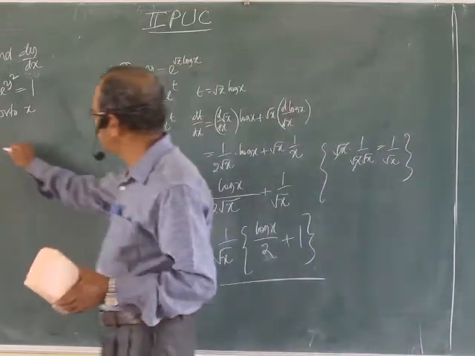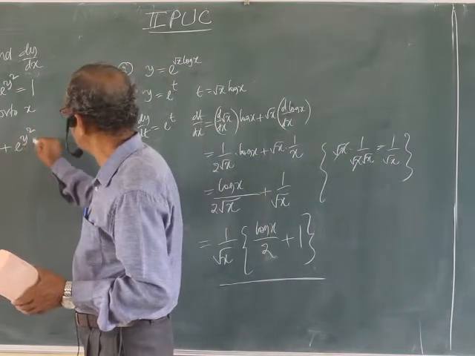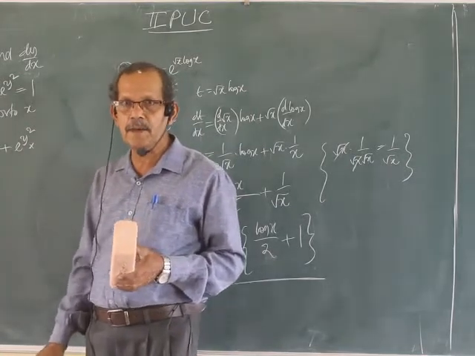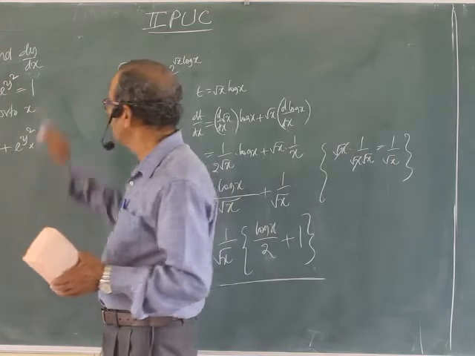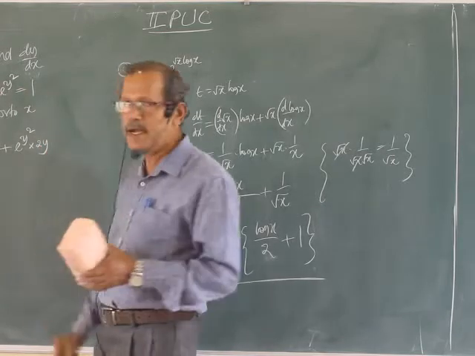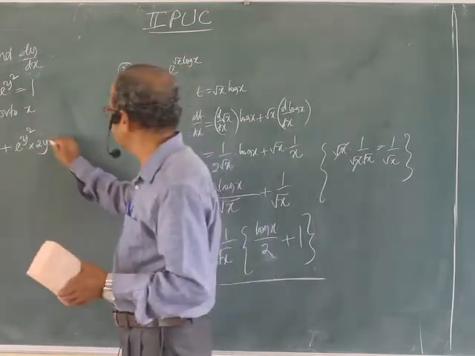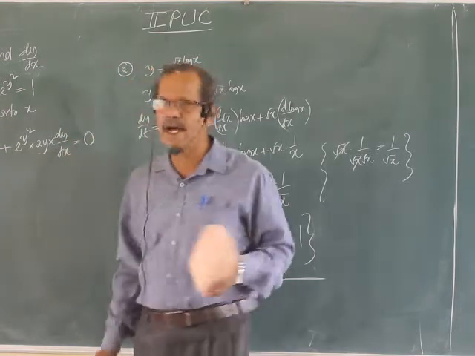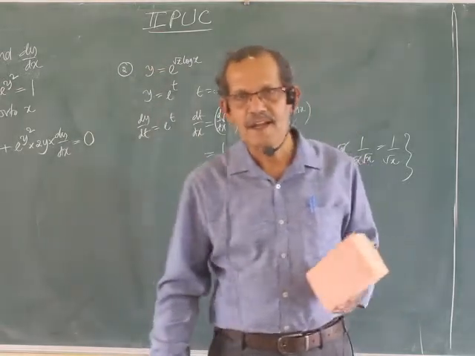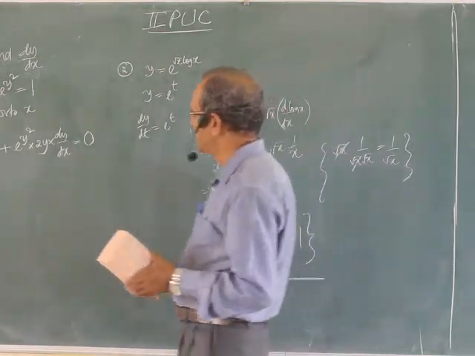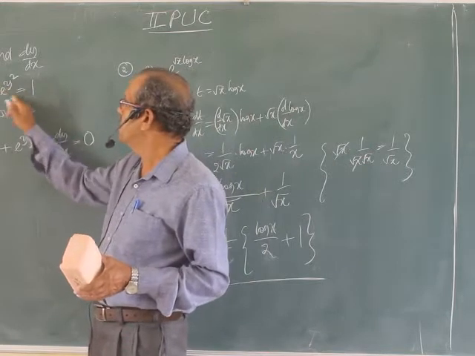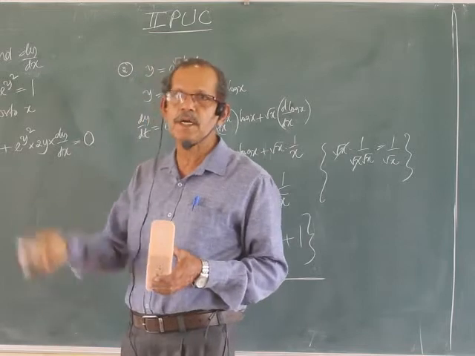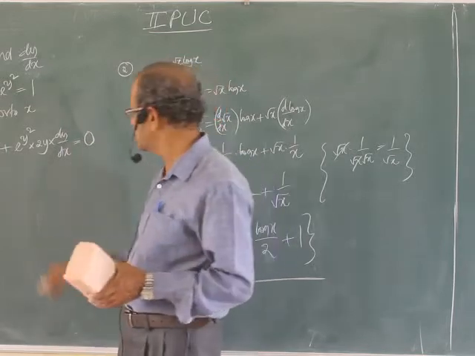2x. E to the power y square is e to the power y square into, there are three functions, remember. E to the power, again y square, 2y, again y, implicit function. Note it carefully. Right hand side, however, 0. Implicit function, but remember, it is combination, composite function of three functions. E to the power y square, three functions.